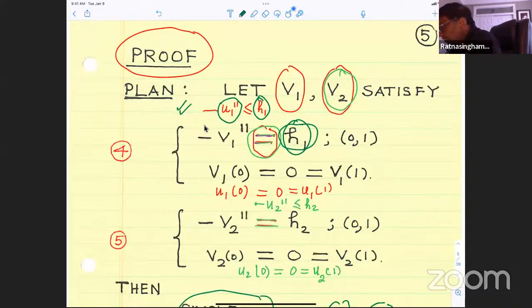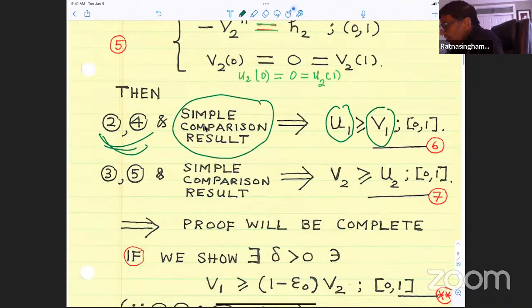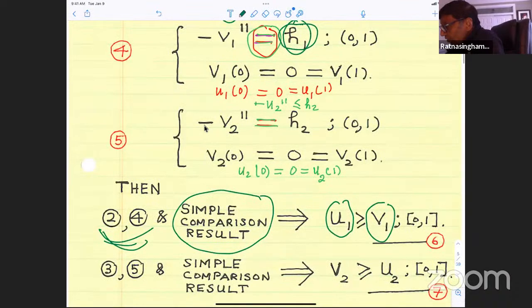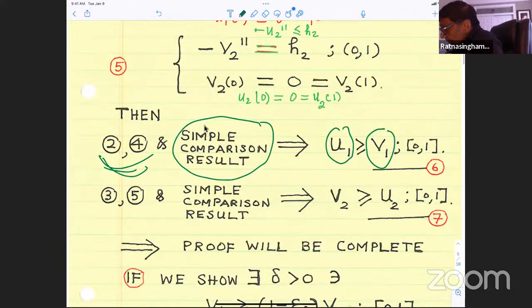Similarly, one can look at your U2 and your V2, again, we are working with comparable functions here. So it's very easy to see from the earlier comparison principle that the V2 function is greater or equal to U2. So we were trying to prove that